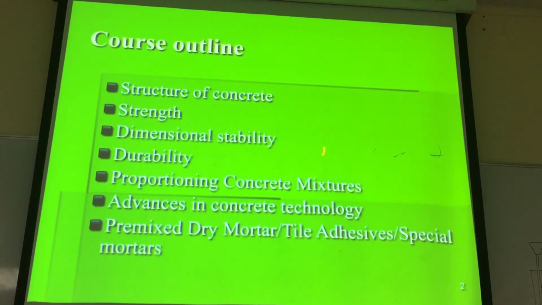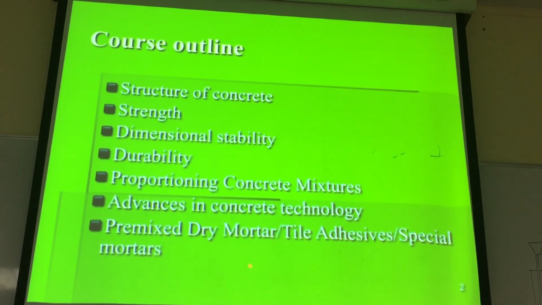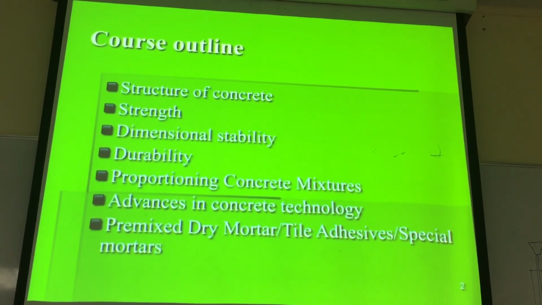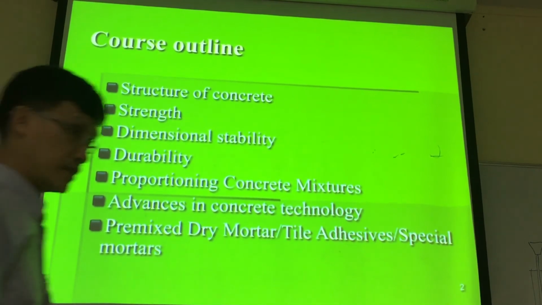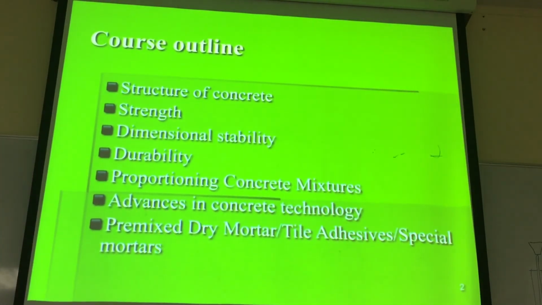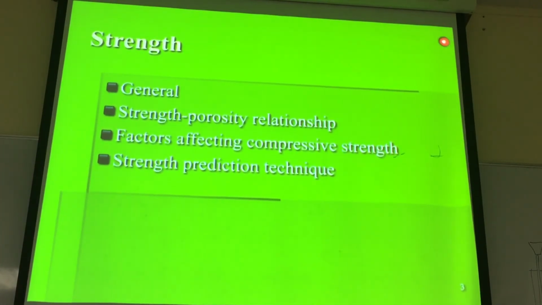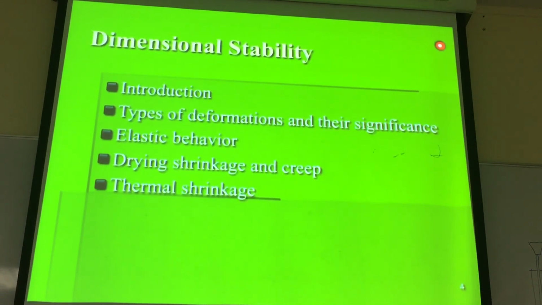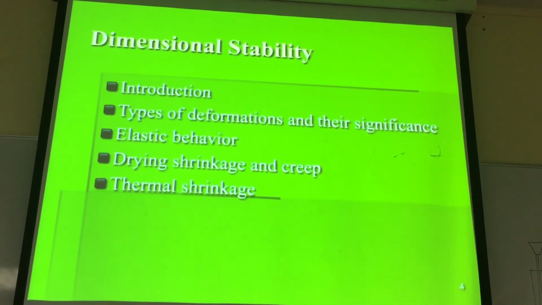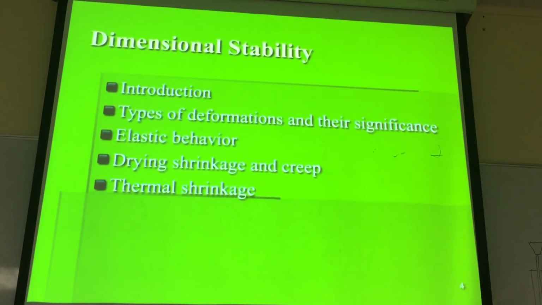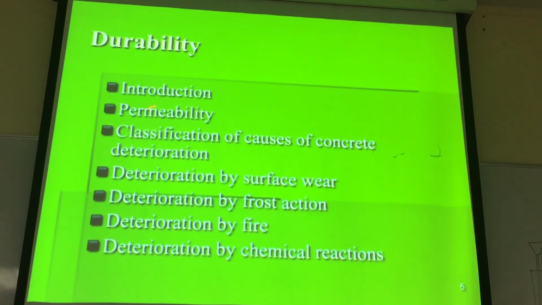Okay, for tile adhesive. Okay, for special mortar. Okay, we will learn about mortar in this class as well. Okay, we get more. I skip this one. This is the detail of each topic. Dimensional stability, we have drying shrinkage, we have creep, thermal shrinkage, elastic behavior, type of deformation and their significance. Then we look at durability, okay, deterioration by surface wear, by frost action, by fire, chemical reactions,